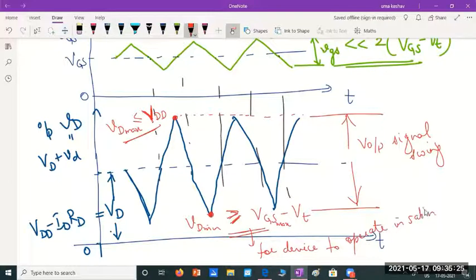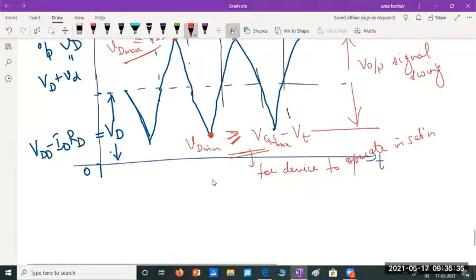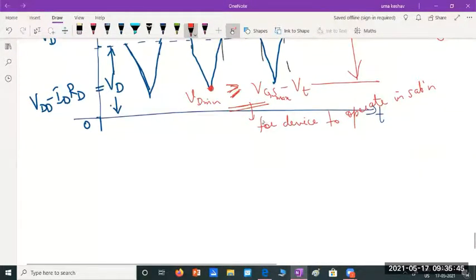Otherwise, the MOSFET will not be in saturation. It will not work like an amplifier. Only in the saturation region does it work like an amplifier. Any doubts with this? Please note down and please remember these points. It would help us in solving problems. Please ask if you have any doubts. I told you, you're always welcome to ask doubts.